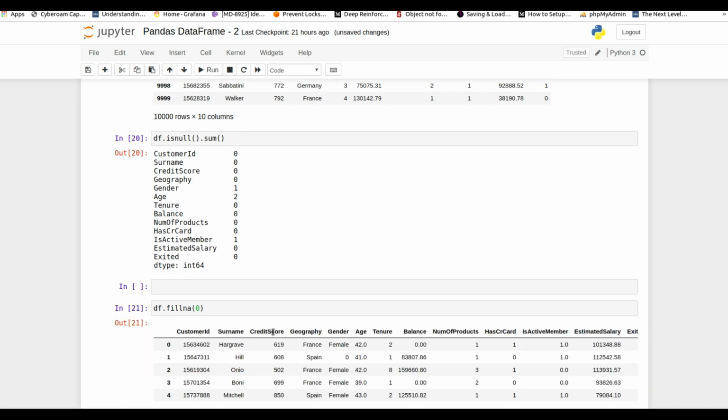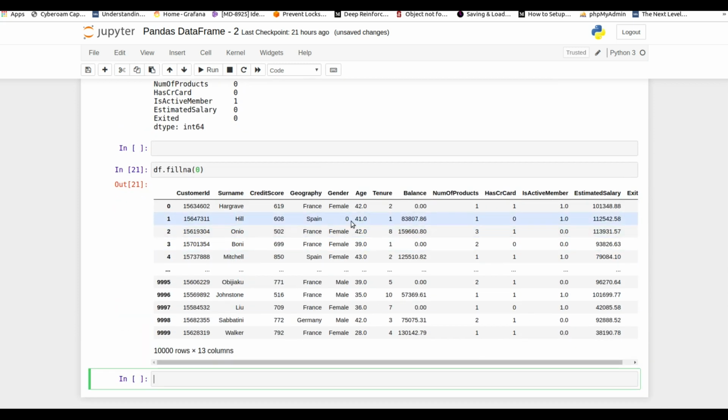Suppose I'm providing 0, it fills with 0 here and here. But if you understand it well, there's no meaning of 0 in gender, as we have female and male. There are only 2 values present in gender. So in that scenario, we will specifically perform this fillna function on a column. Let me show you first.